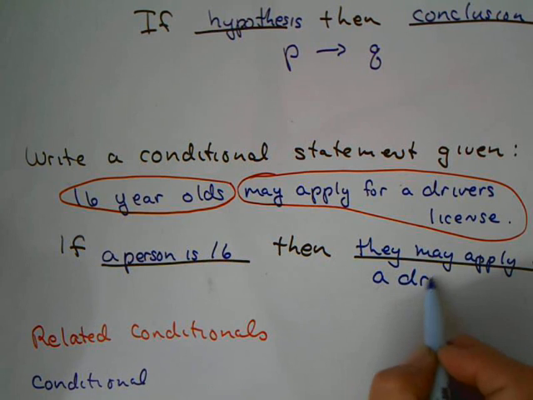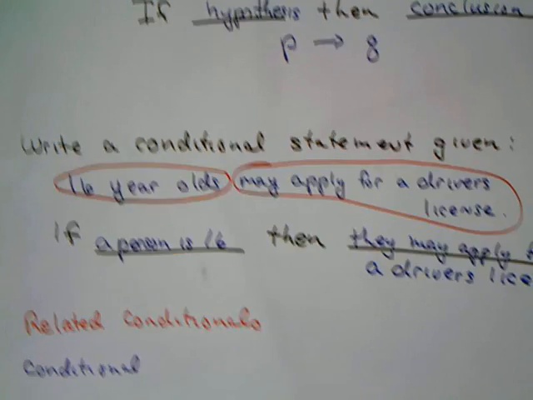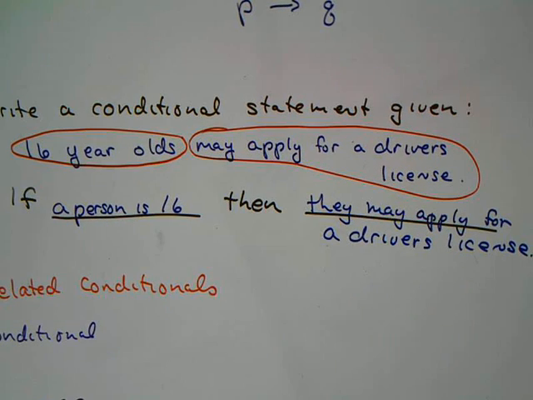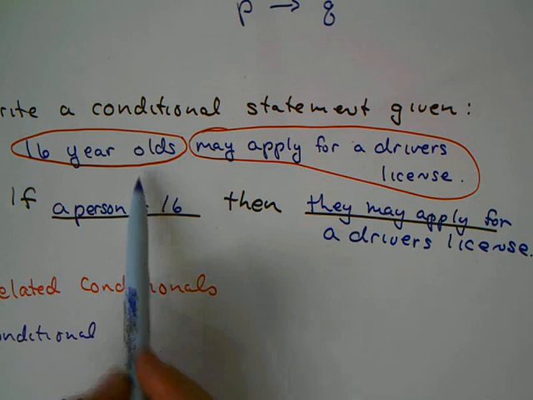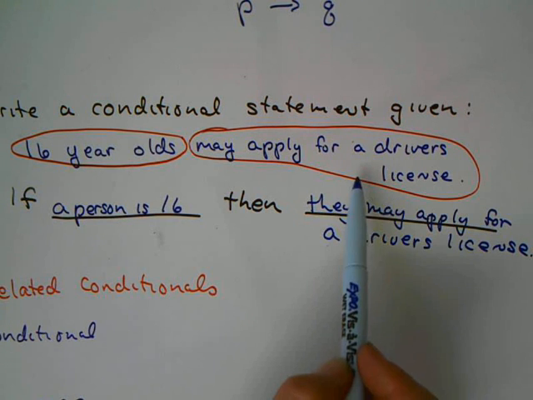Then, and now I just look for the predicate. What could I conclude if they were 16? And that's what goes after then. Then, they may apply for a driver's license. So that's all you have to do,